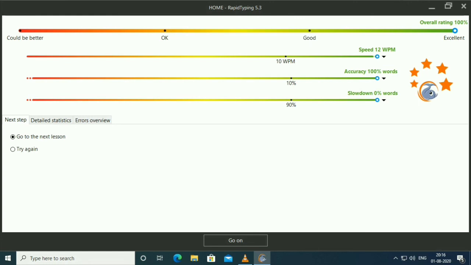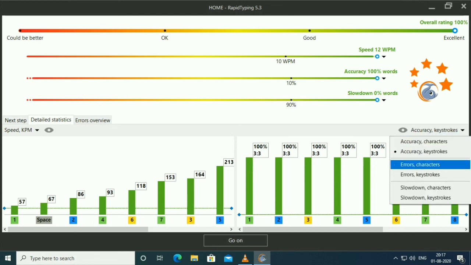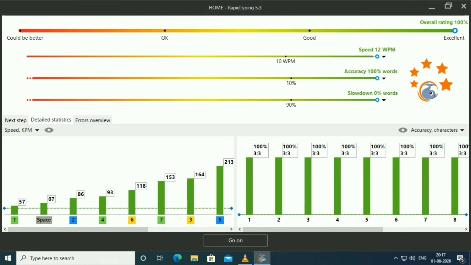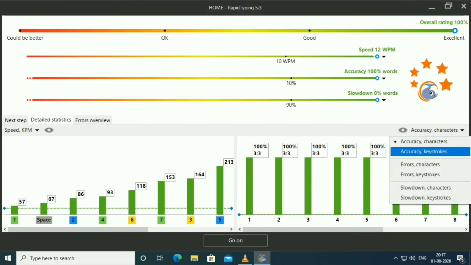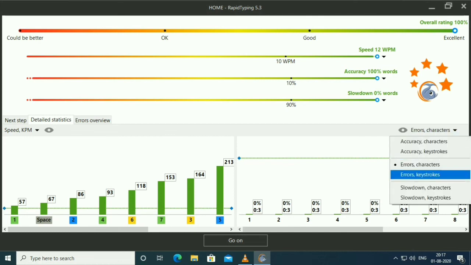In this window you can see the color indication. Green letters denote right inputs. Yellow letters stand for right inputs exceeding the acceptable time frame. Red letters denote wrong inputs within the acceptable time frame. Orange letters indicate wrong inputs that also exceed the acceptable time frame.